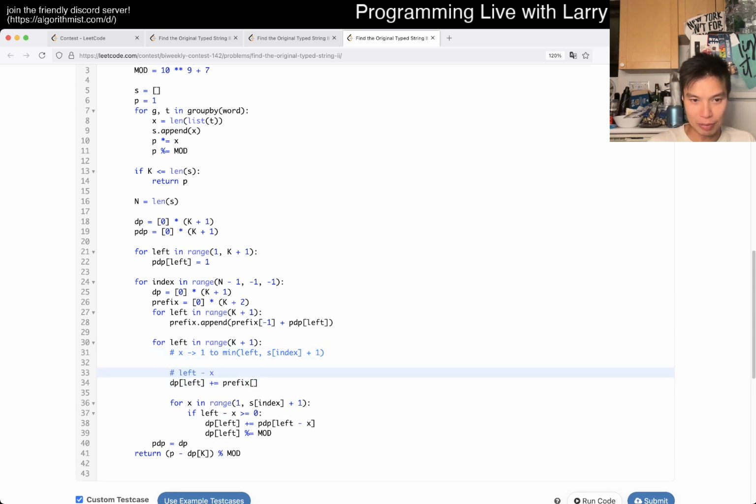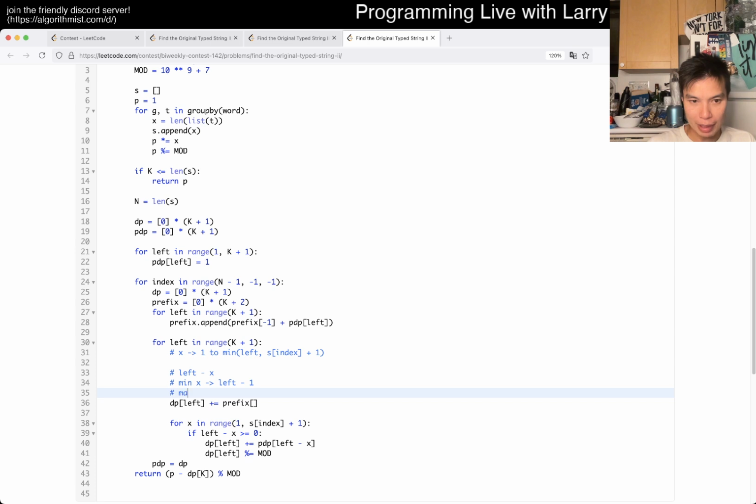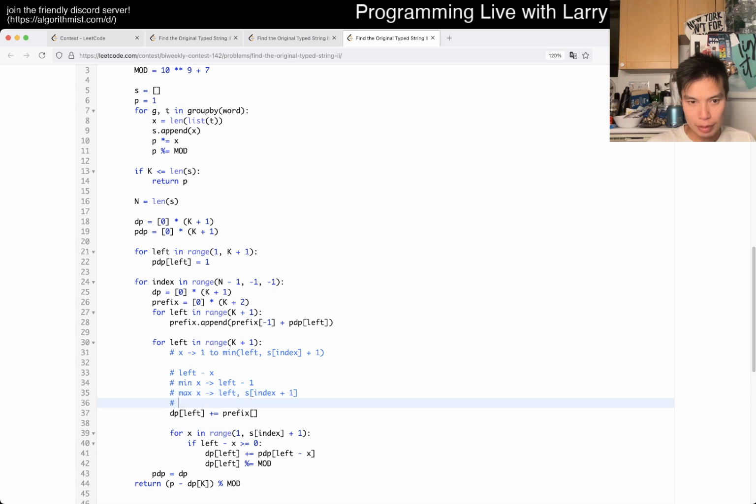Okay, so that means for min x is equal to 1, so it's left minus 1. Max x is going to be either left or s index plus 1. In either case, it's going to be either 0 or left minus s index plus 1. Oh, the plus 1 is outside, maybe.